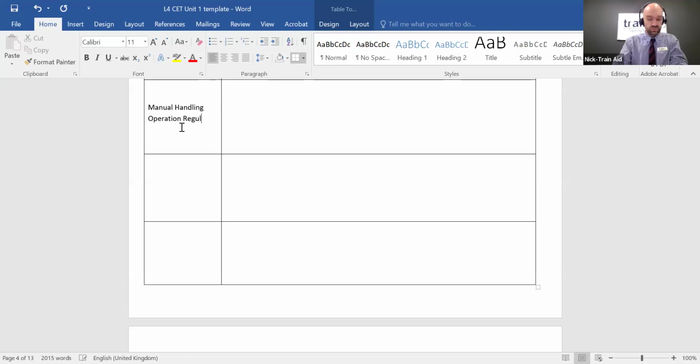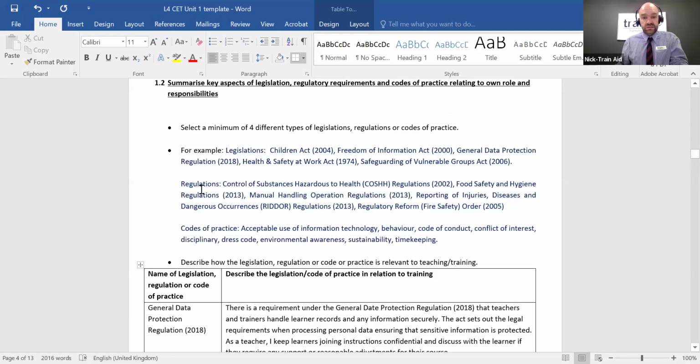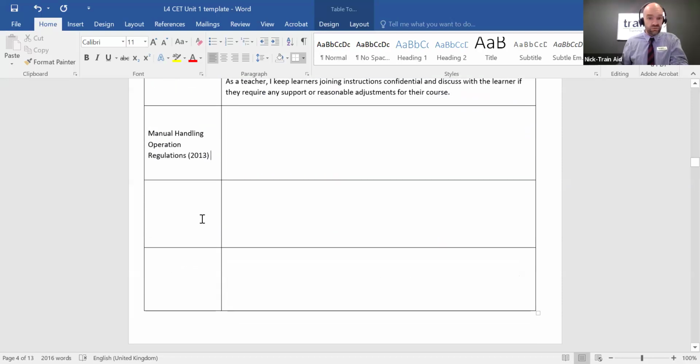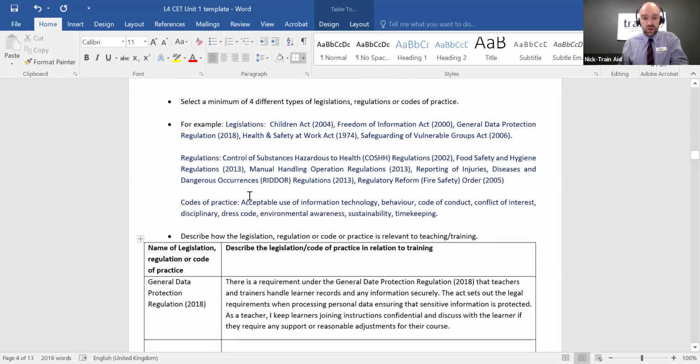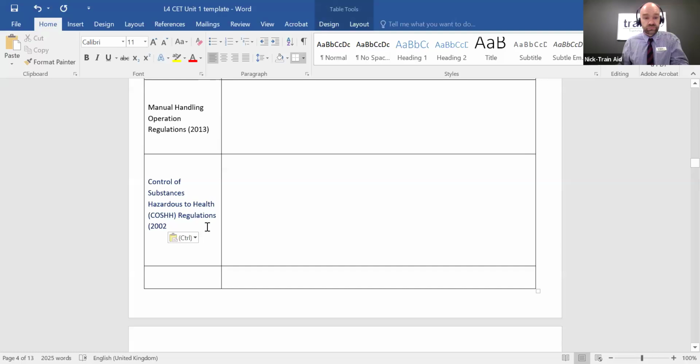Regulations. Okay, so manual handling. That is an example of a regulation there. What else should I go for? I think COSHH is a very good one. Just going to put that in there.